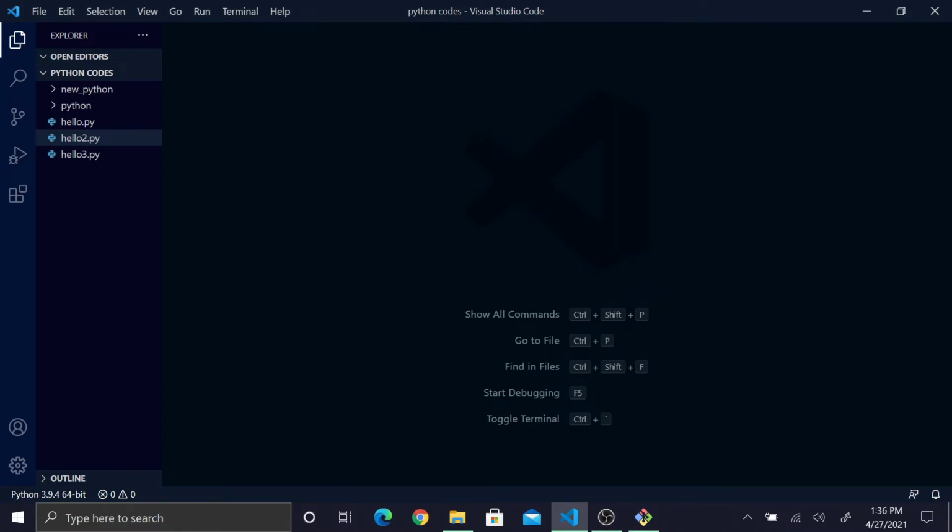Hey everyone, in today's video we'll be learning about the command line. We'll be learning how, with the use of the command line, we can work with files and folders. In this video we'll learn to create files, remove them, create folders and remove them, and similarly move or copy a file or folder from one position of the system to another. In short, the things which we do with the help of the Windows GUI, we'll be learning with the help of the command line.